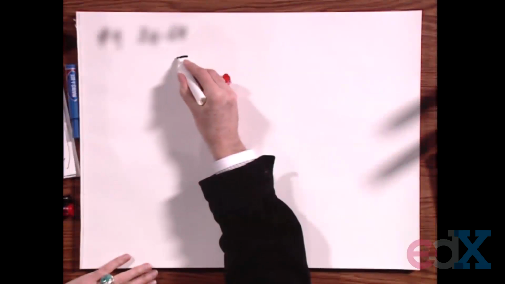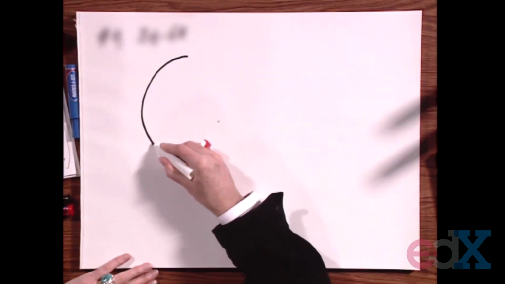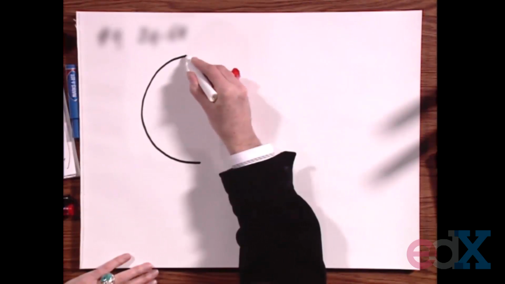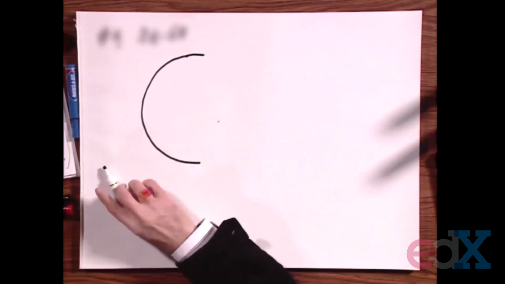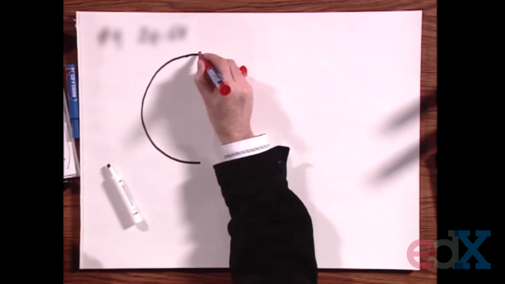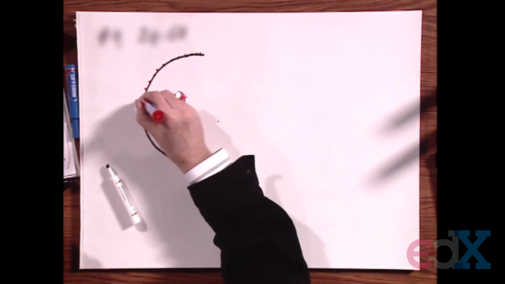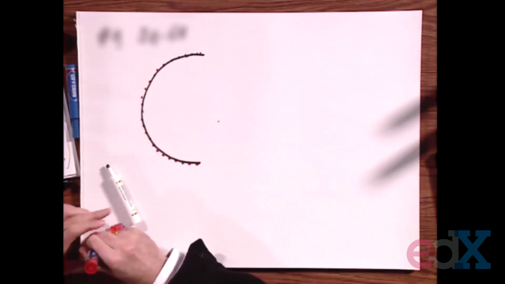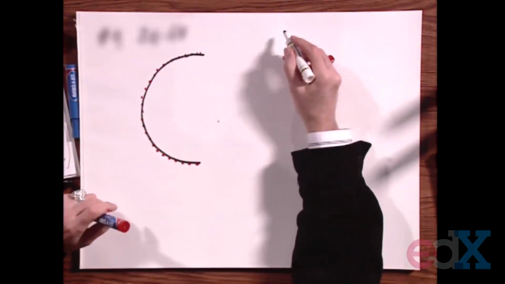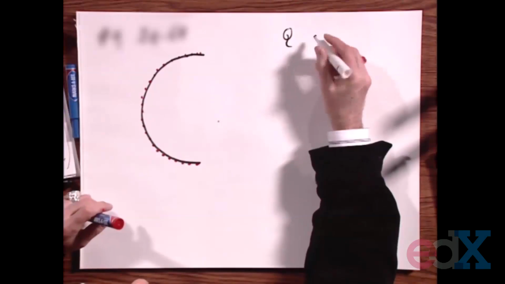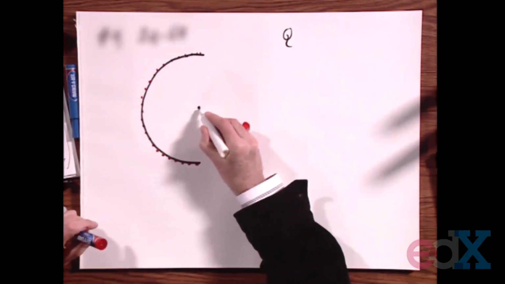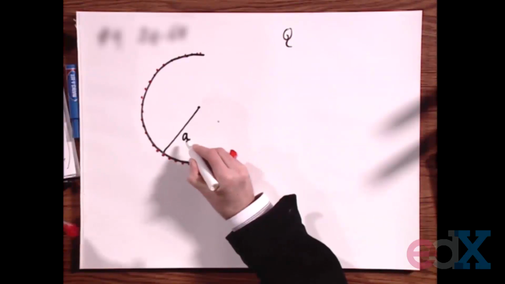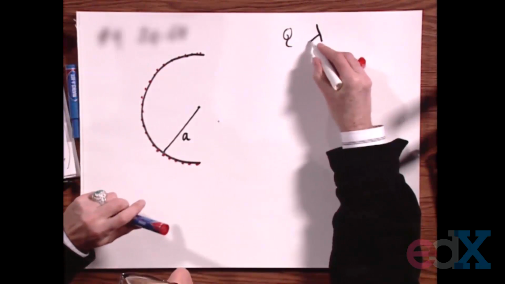I have an insulating arc, which is half a circle, and I put charge here on the arc at uniform density. I have a total charge of Q on the arc. The radius of the arc is A, it's only half an arc, and so lambda, if you want to express it,